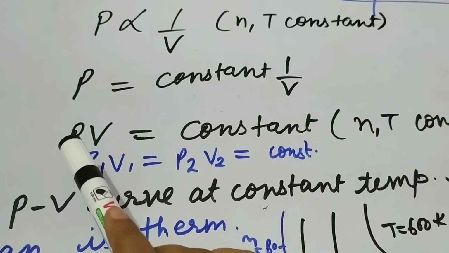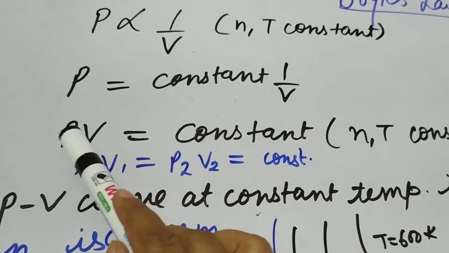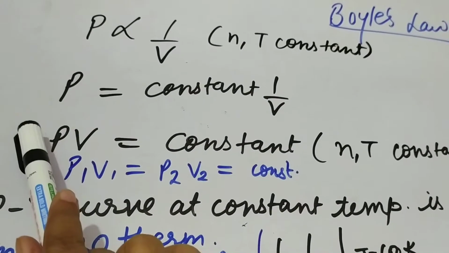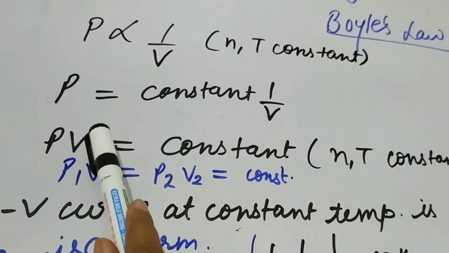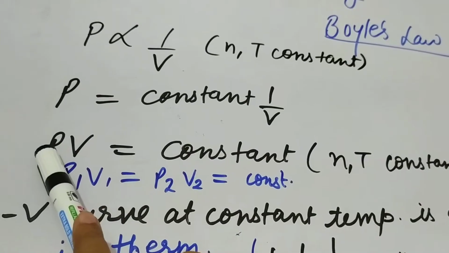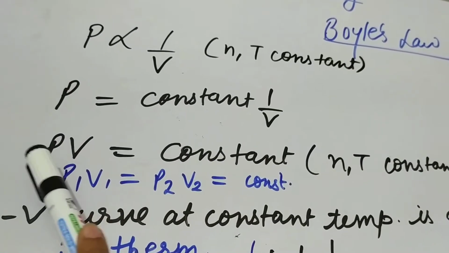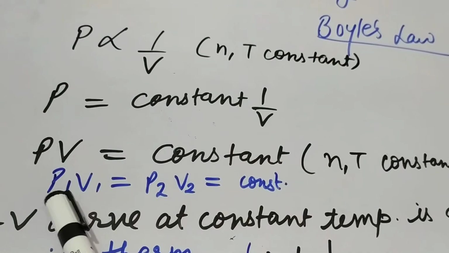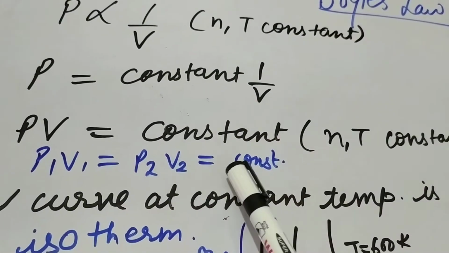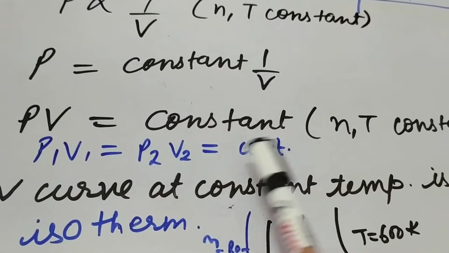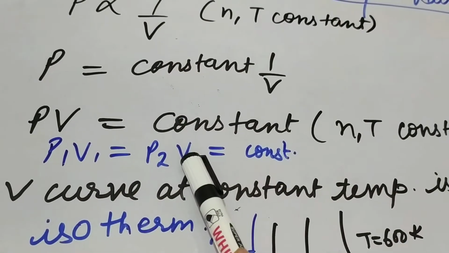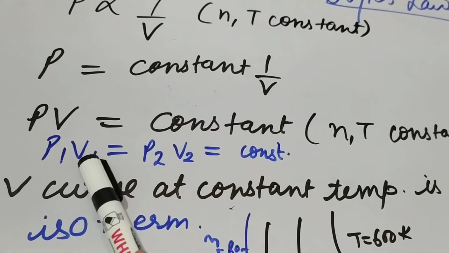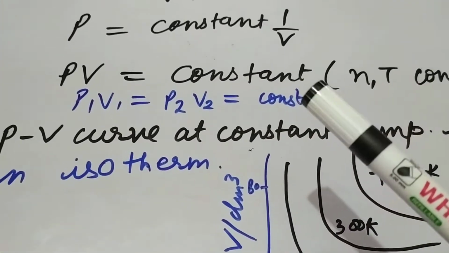So for any gas, if the temperature is constant, the product of pressure and volume will always remain constant. That is, if you increase pressure, volume will decrease, and if you increase the volume, pressure will decrease in the same amount, but the product will always remain constant. So this gives you the formula P1 V1 is equal to P2 V2, which is always constant. So knowing the three quantities among this formula, we can calculate the remaining fourth quantity, provided that the units are the same.